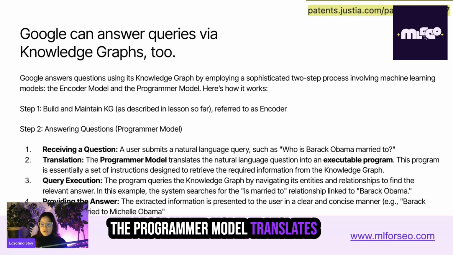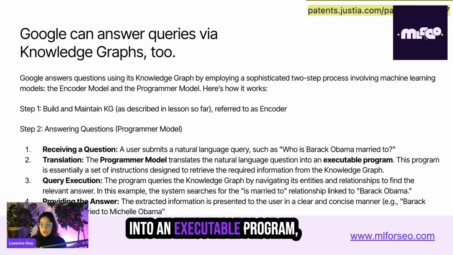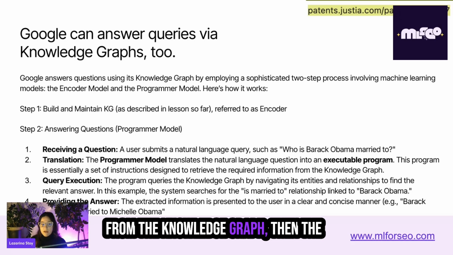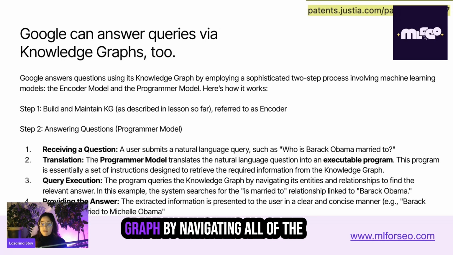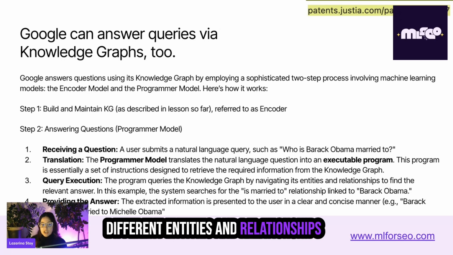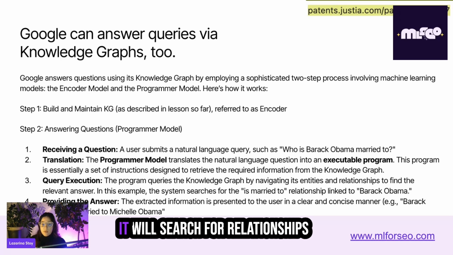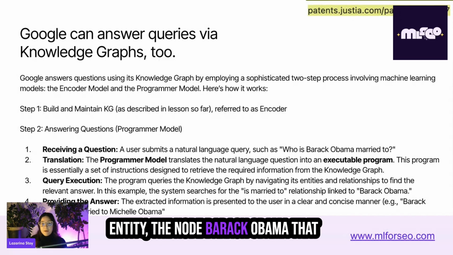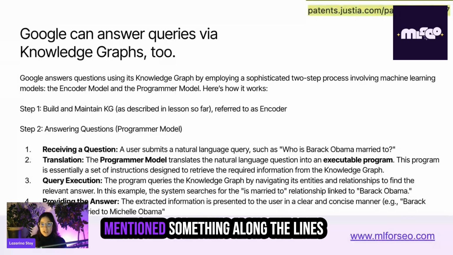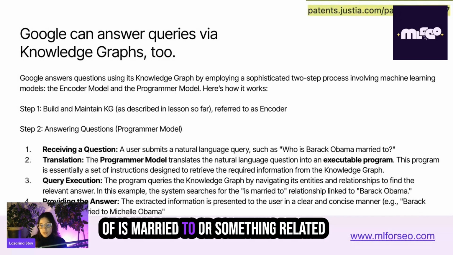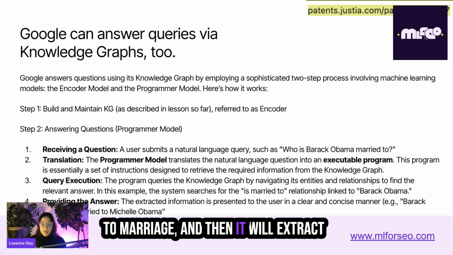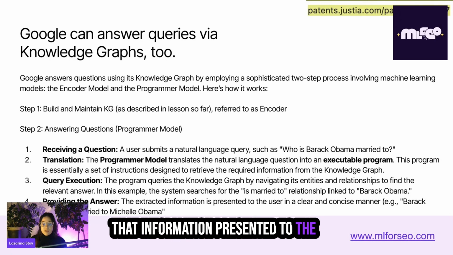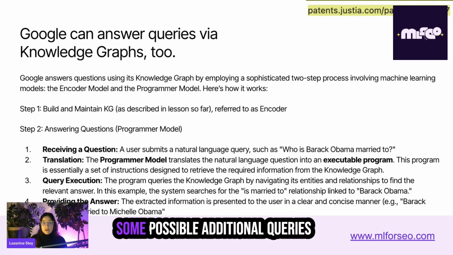The programmer model translates the natural language question into an executable program, which is a set of instructions used to retrieve the information from the knowledge graph. Then the program will query the knowledge graph by navigating all of the different entities and relationships to find the relevant answer. It will search for relationships or parts of the knowledge graph that show the links related to the entity, the node, Barack Obama, that mention something along the lines of "is married to," or something related to marriage. And then it will extract that information, present it to the user in a clear and concise manner,